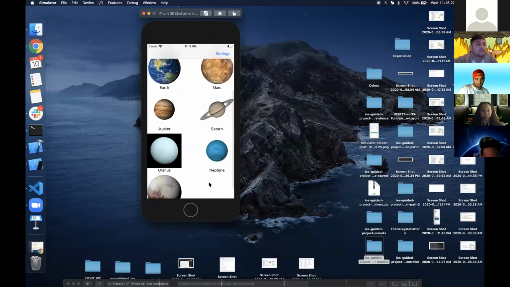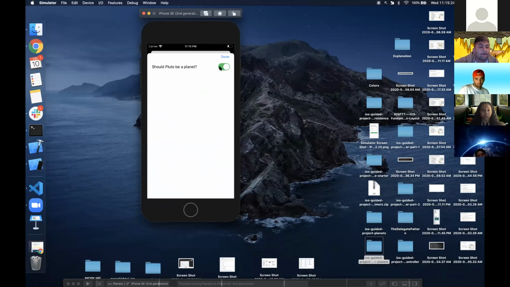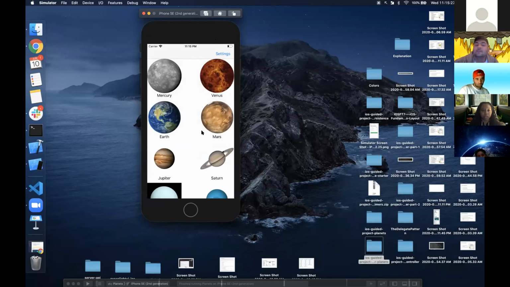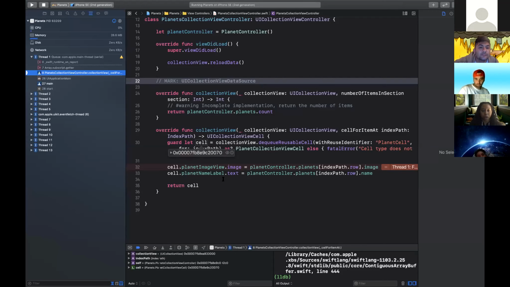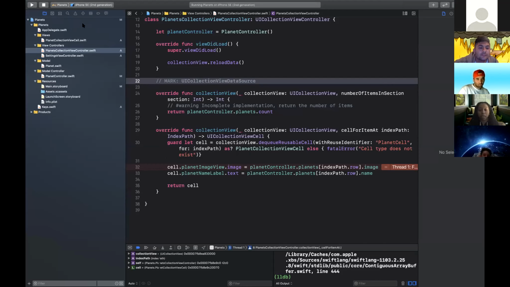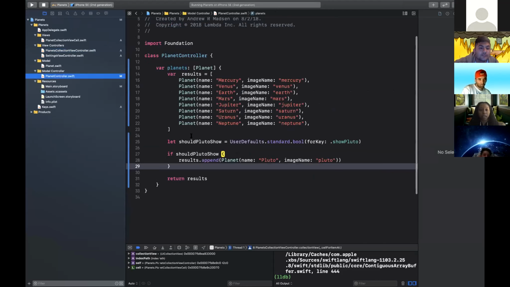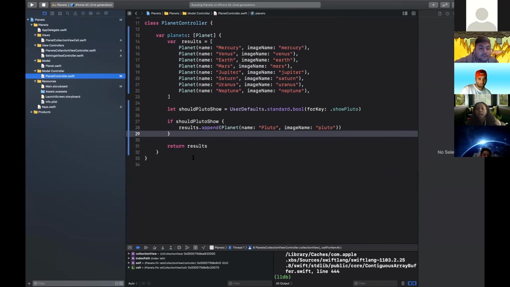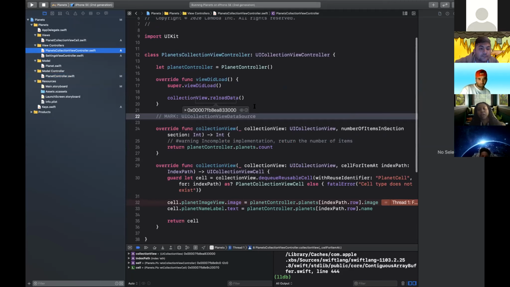So right here, Pluto's showing because the switch is turned on. I'm gonna turn off the switch, close it, and Pluto should no longer show. And for some reason, it's creating an out of bounds error because Pluto shouldn't exist in that array anymore. That logic is set up here in the model controller, and since it is a computed property, it shouldn't have an issue with setting that up. And I'm calling this collection view dot reload data as soon as the